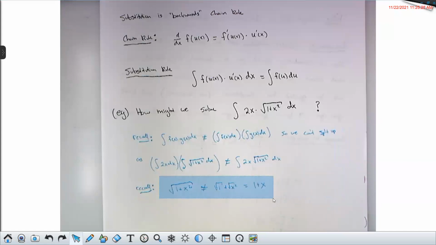The second one is not true algebra-wise, right? Plug in 1 for x. Here you'd have the square root of 2. Over here you would have 2 itself. And the square root of 2 is not equal to 2. Up here, this is a little bit more subtle, but the way to think of it is, if you can't differentiate products term-wise, you can't integrate products term-wise, because you need the product rule to differentiate products. You would need something like that to integrate products.